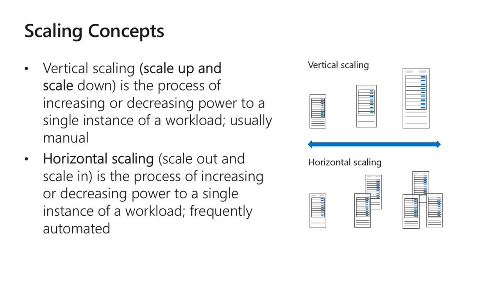In case of vertical scaling, instead of increasing the instances, we are increasing the bare metal sizes. Like my existing virtual machine has 4 GB of RAM, but I need 8 GB of RAM, so I can extend it. Previously my machine had 1 TB of hard drive, but due to higher workload, I need to add 1 TB again. So this is called vertical scaling. But horizontal scaling is something different. Horizontal scaling is increasing the instances with the same set of bare metal, and the same set of application is also available.